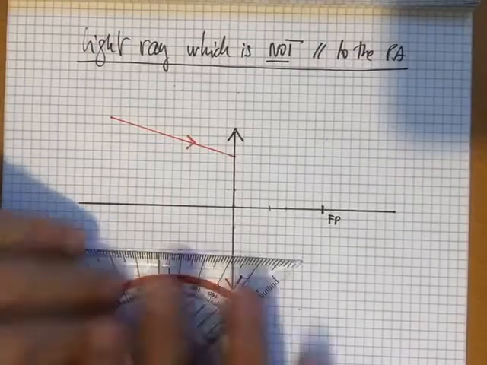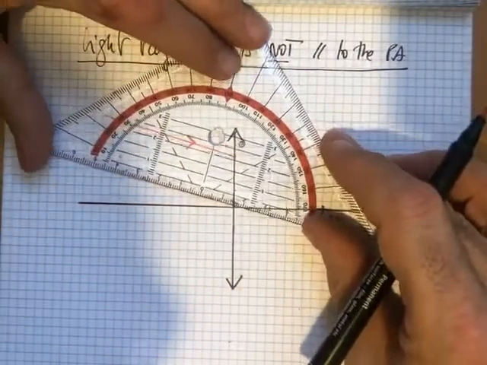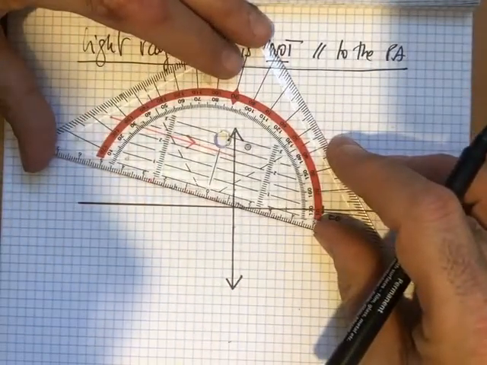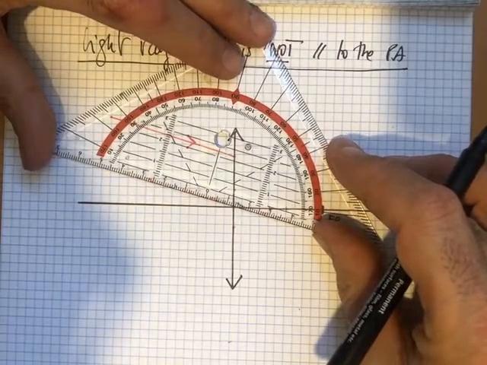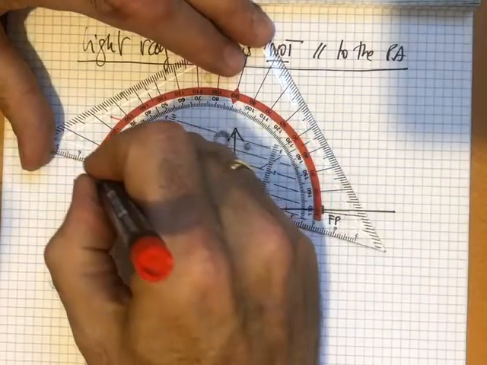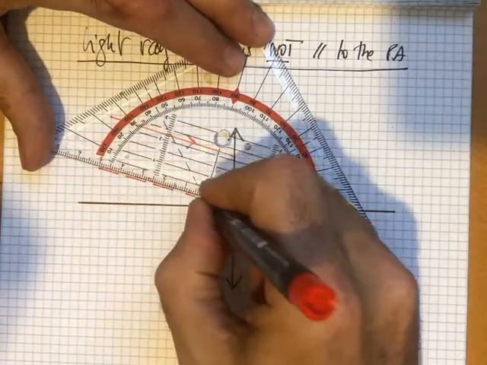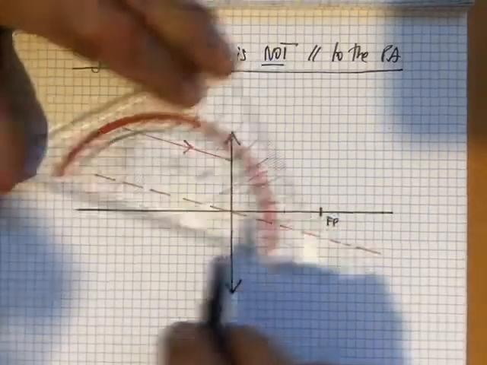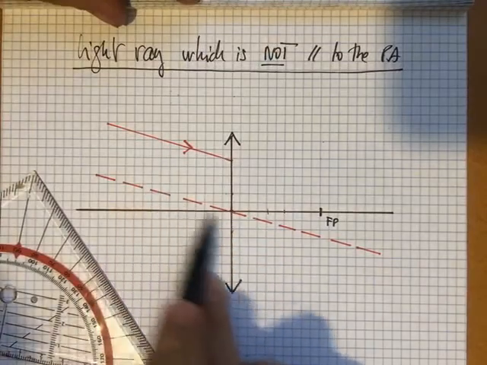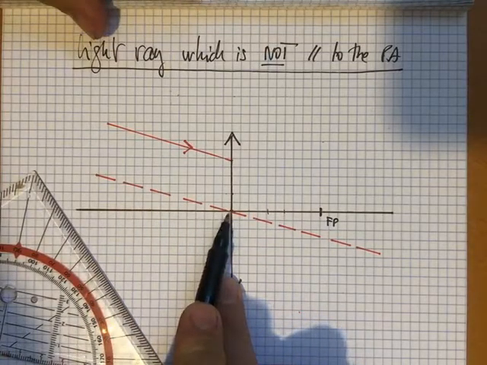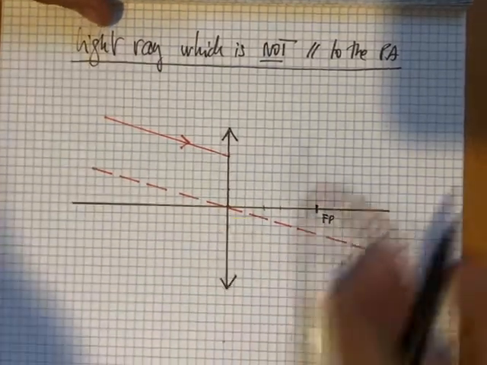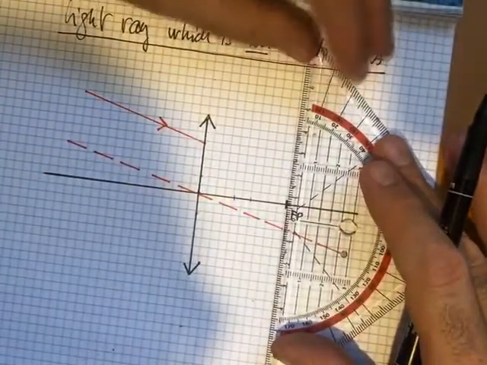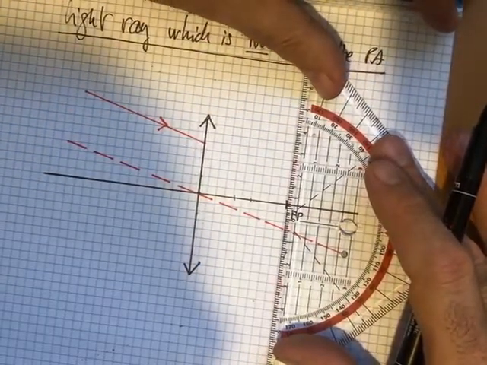The rule is the following. You draw a parallel to the light beam passing through the optical center. The optical center is the center of the lens. You draw a parallel to that light beam through the center. And then here you will draw something that we call the focal plane,